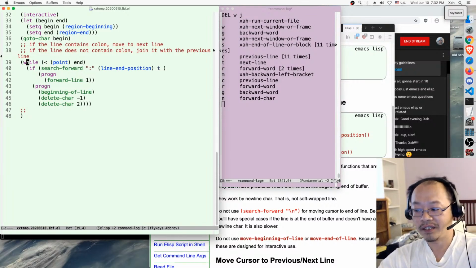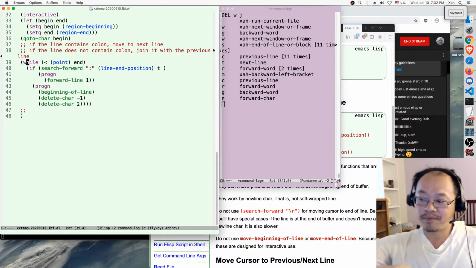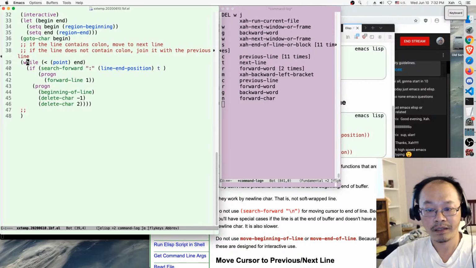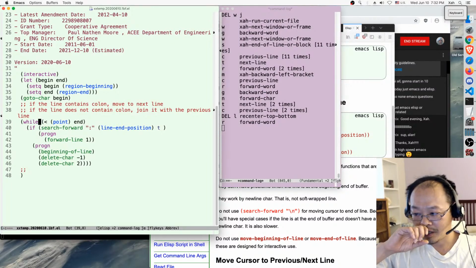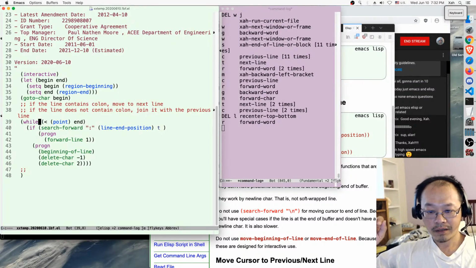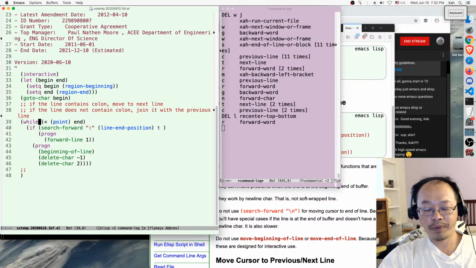And when you are in an infinite loop, usually it's a problem. Sometimes you'll crash Emacs. You can always press Control G to cancel it, but it may not be responsive. So let's double check our code logic. So while point is less than